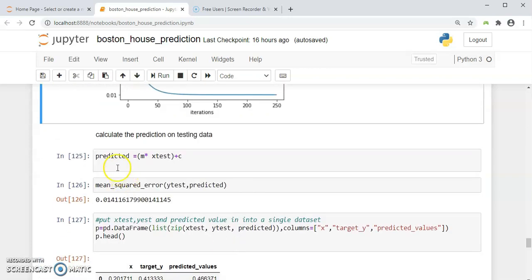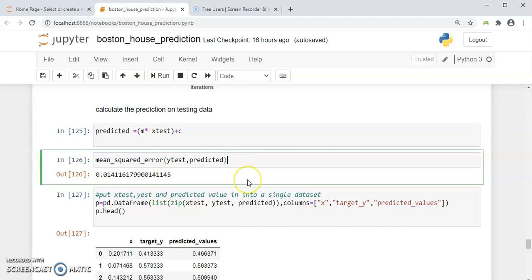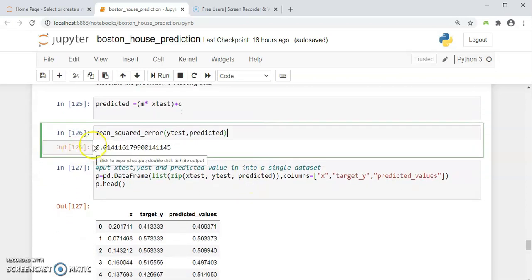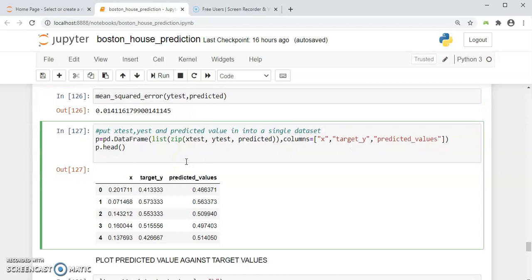The next step is to calculate the prediction on testing data, for which the hypothesis is y equals mx plus c. Now I want to check the error. For that, I am going to use the mean_squared_error sklearn function, in which I am passing the parameters y_test and y_predicted. And you can see the error is 0.014, which is quite less. Now, the next step is to put the x_test, y_test, and predicted values into a single dataset.